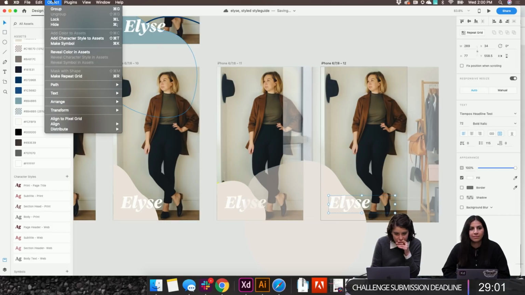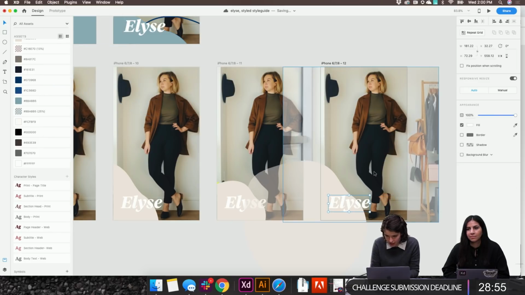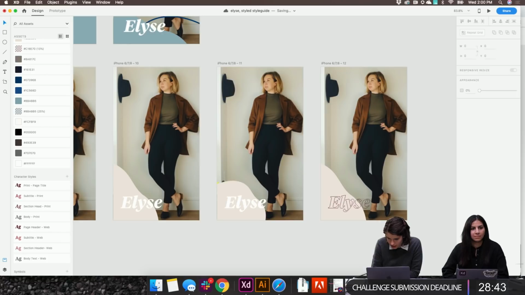Object, Path, Convert to path. Okay, and now if I do this. Oh yeah, that's kind of fun. Oh, yeah, I like that. The cream color looks, yeah, I agree.